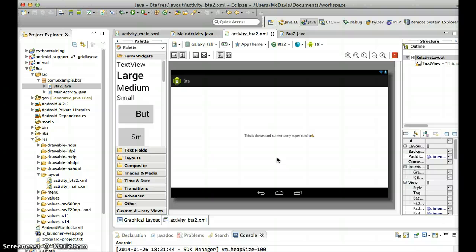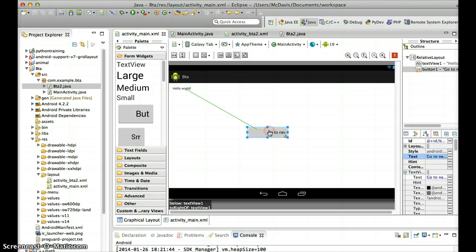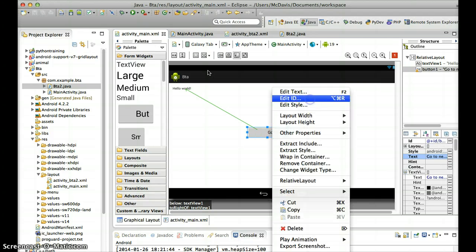So now we have created that activity, and so now we need to know how to get to that activity. Well, first of all, let's go back to our main activity XML, and to make it easier on ourselves, we're going to change the ID name, and